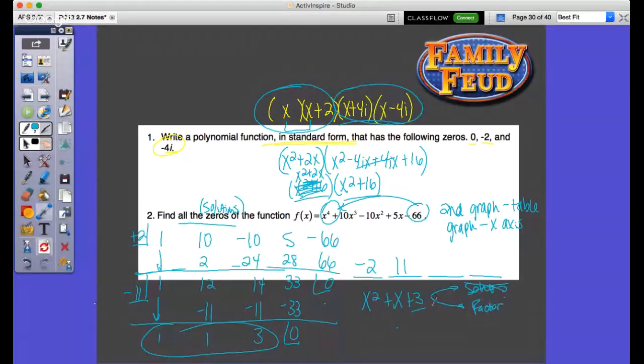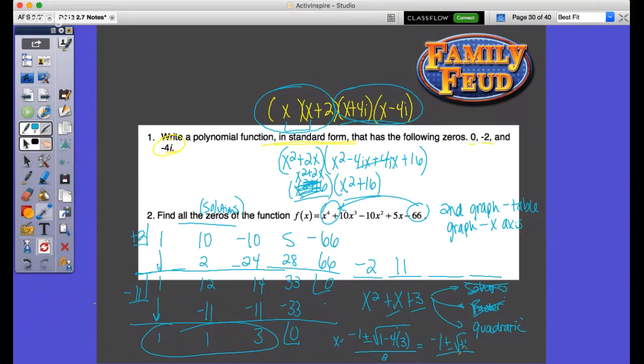Well, two numbers that multiply to equal 3 but add to equal 1, I don't see that there. Another way you could do it is the quadratic, and that's where I'm going to land. So with the quadratic, x is equal to negative b, or negative 1, plus or minus the square root of b squared, which is 1, minus 4a times c, which is 3, all over 2 times a, which is 2. Okay? So this is negative 1 plus or minus the square root of 1 minus 12, which is negative 11, or square root of negative 11,